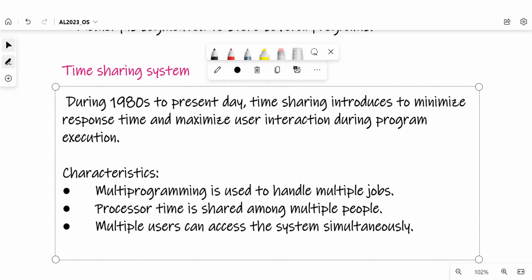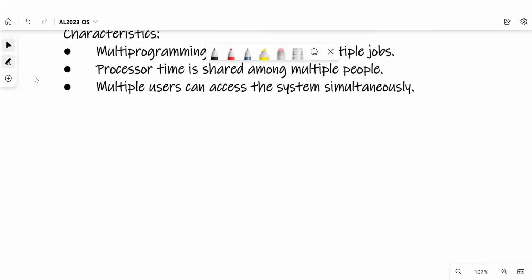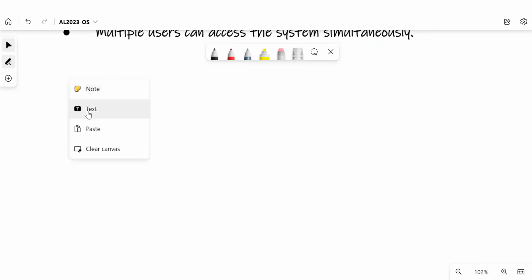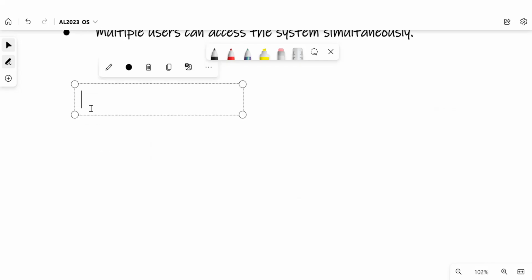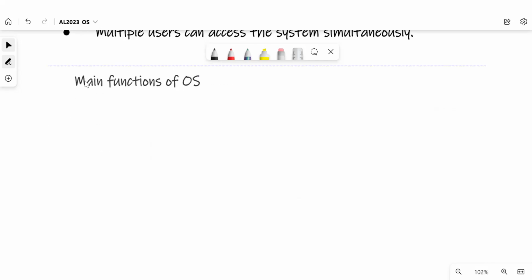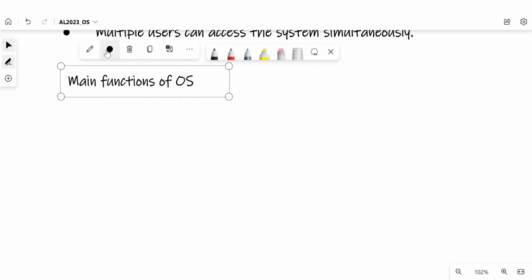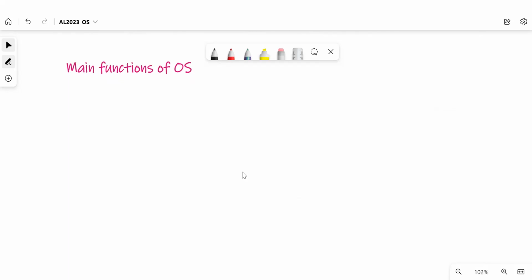Main functions of operating system. So it's a new topic. Let's write down main functions of operating system. Operating systems help us in managing multiple things.